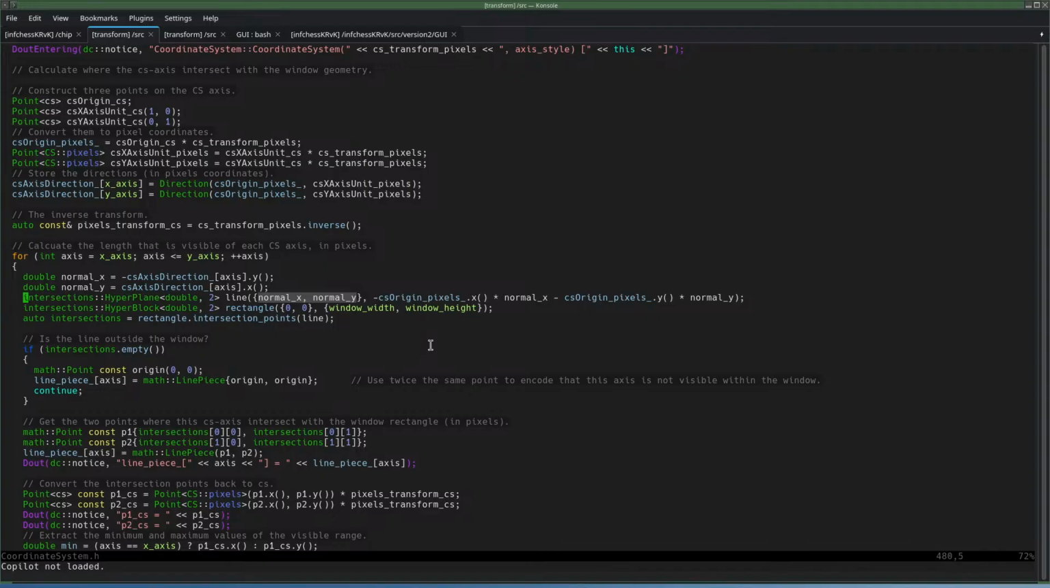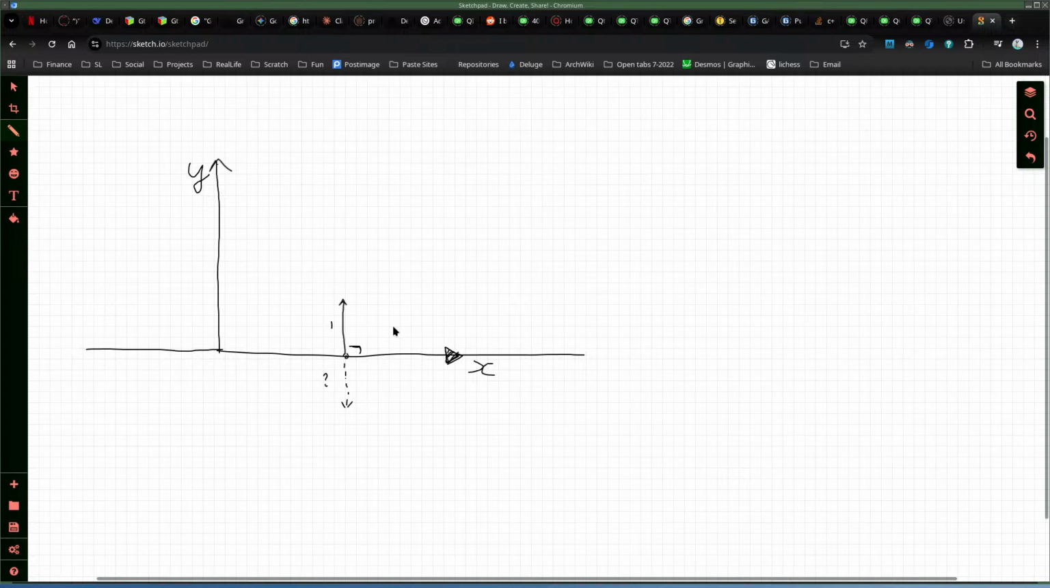So I take the x-axis as an example, then axis is 0, because this const expression is 0. And then we get a vector with an x and a y coordinate, where x equals 1 and y equals 0. Yeah, so that would be